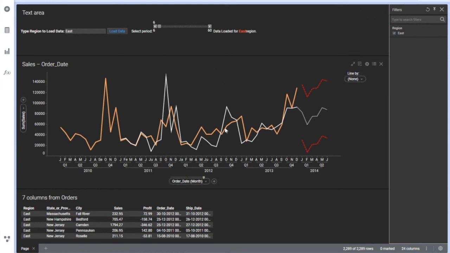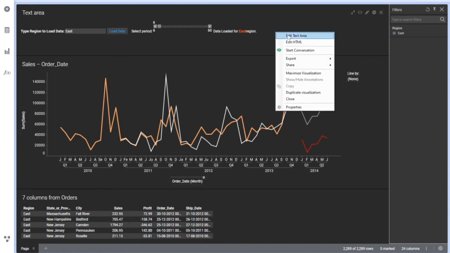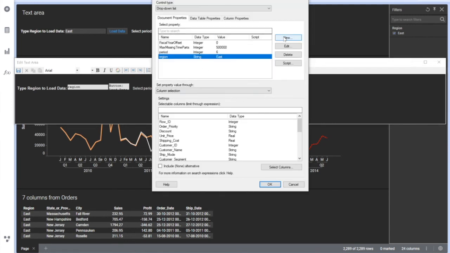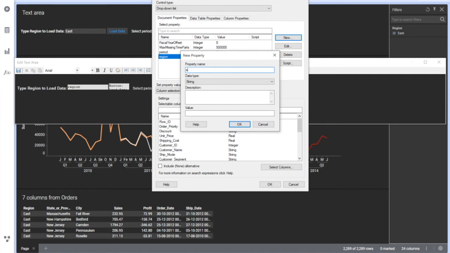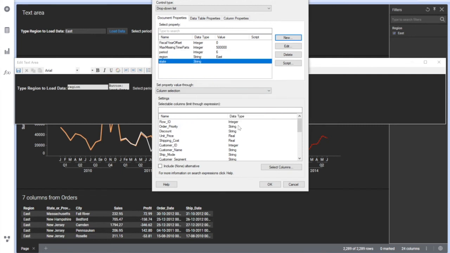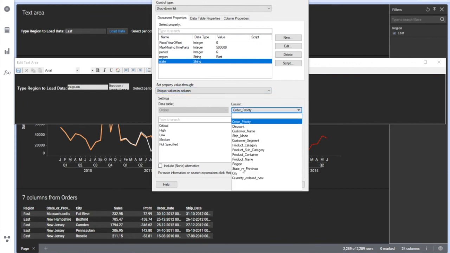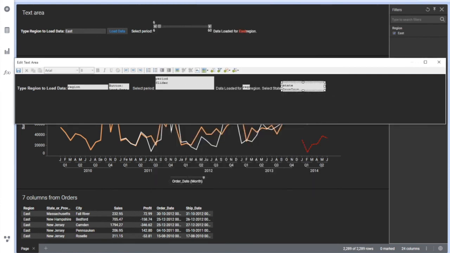There is another thing which I can show you, and let's say I have this data. So basically this is a dashboard here. Now let's say I want to see states. Let's say I have to see the states. So let's say select state. I'm just giving this quickly, select state. I'll create a property drop down list, say state, say string, and unique values in a column, and I'll use the state column, say okay, and save this.